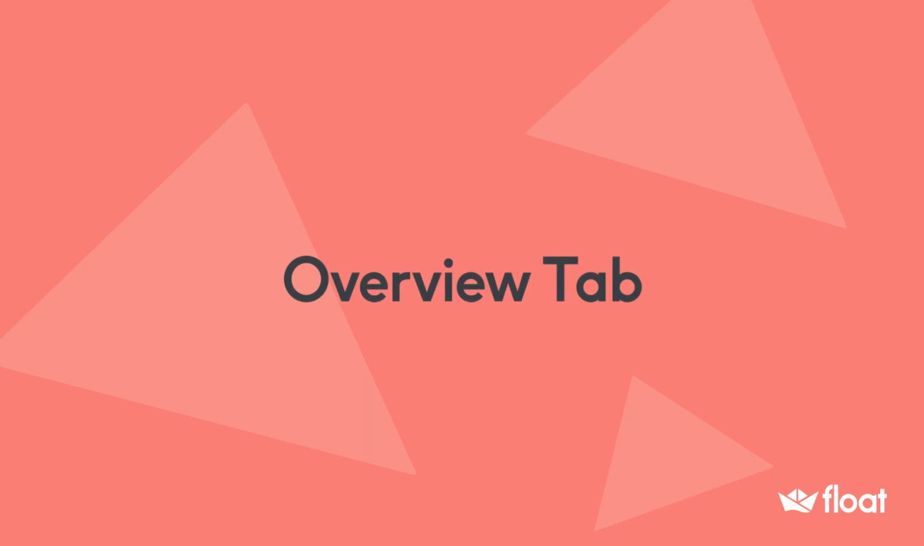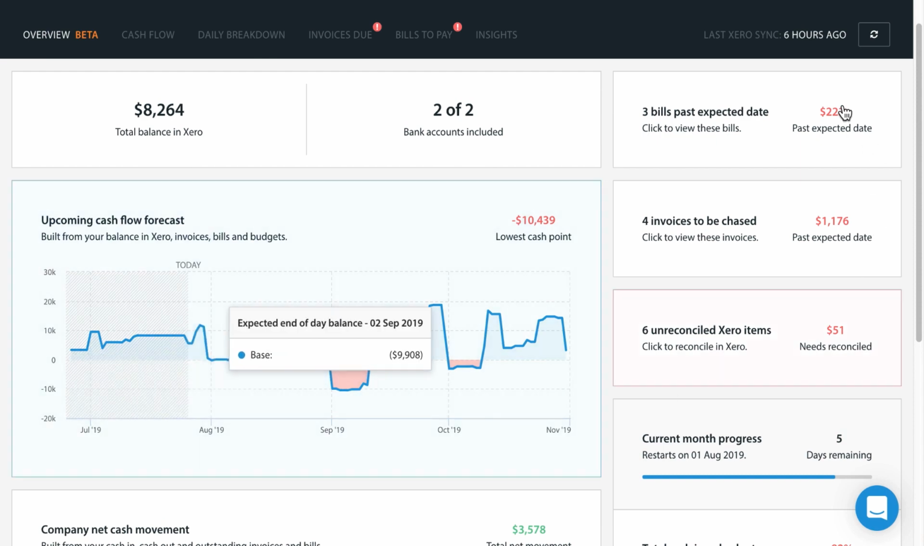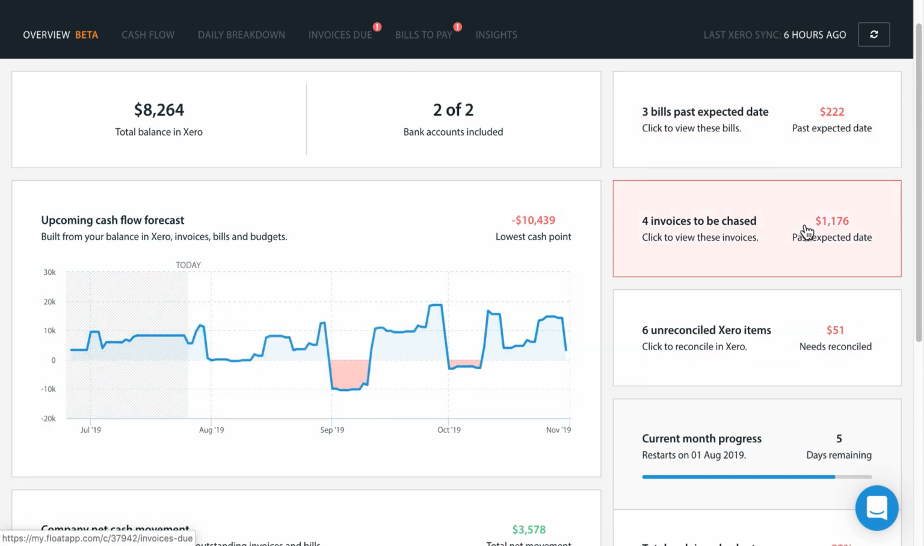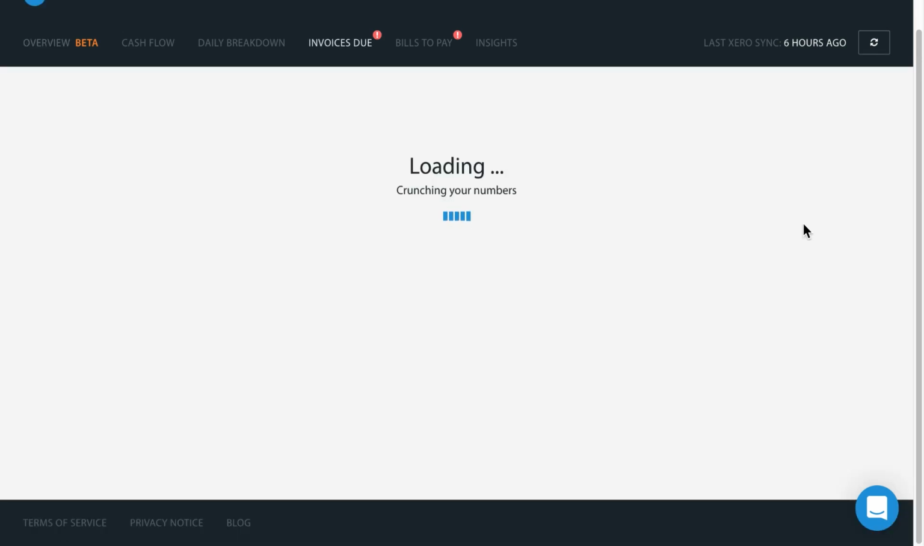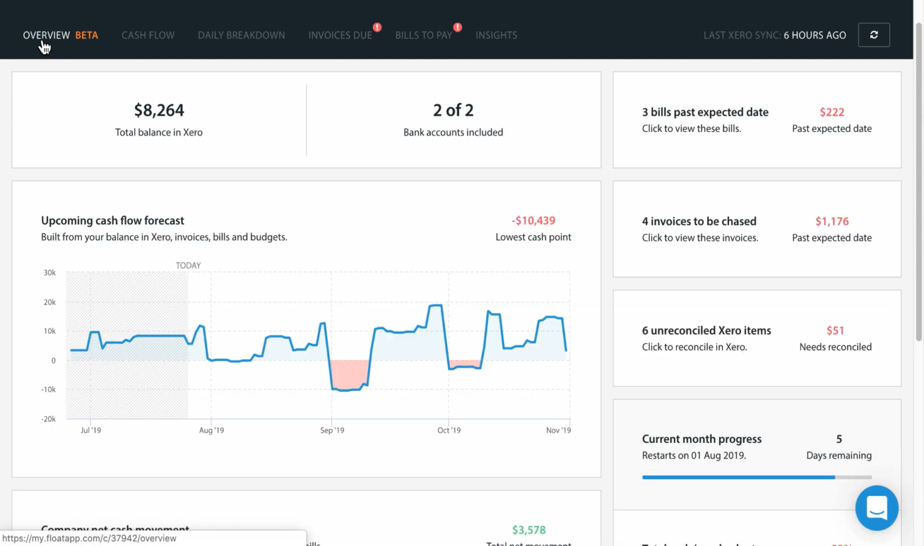Jumping into Float, I'll start with our Overview tab. This page will give you a really clear snapshot of the short-term cash, as you can see from this graph. It will also give you prompts that can help you bring the data in your Float account up to date. This panel will alert us to any overdue bills that need to be updated, and the second panel is alerting us to any invoices that need to be chased. Clicking on these panels will take you to the Bills to Pay tab or the Invoices Due tab, where you can update your expected payment dates